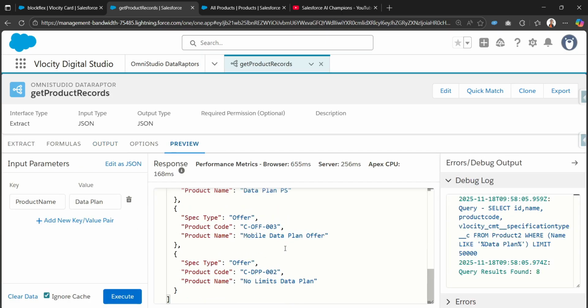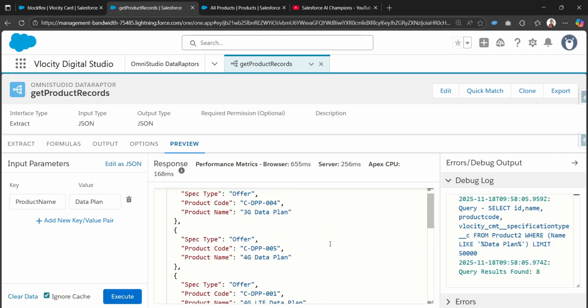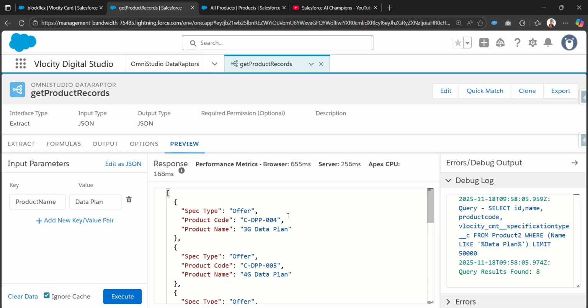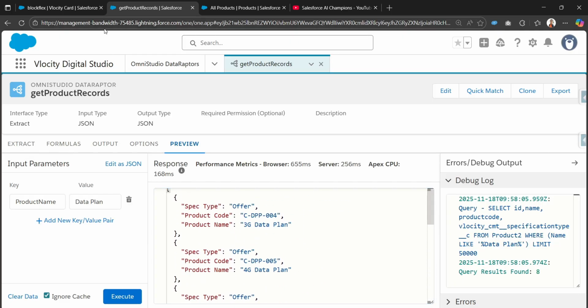So this is how we can construct this data mapper extract, and I'll be using this data mapper extract as the data source for the FlexCard. In the FlexCard I'll be showing how we can simply use the block element to display all those product records. So these are the product records currently showing. So let me